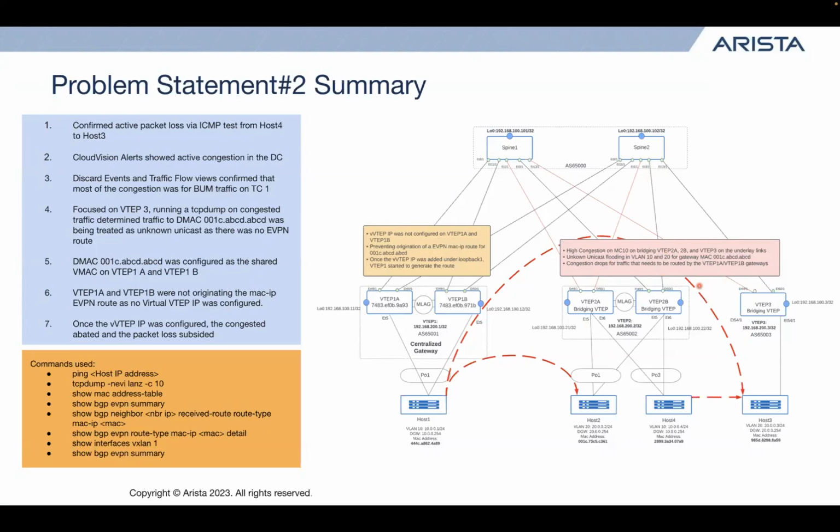Further investigation confirmed that the gateway MAC was actually not being advertised in EVPN because both VTEP 1A and 1B did not have a virtual VTEP IP configured, which is needed in a centralized gateway scenario. Once we added this virtual VTEP IP, this enabled both our VTEPs to advertise this MAC to VTEP 2 and VTEP 3, allowing them to follow normal unicast forwarding rules. This removed the congestion that we were seeing on all of these bridging VTEPs, as we were no longer making multiple copies for traffic that was